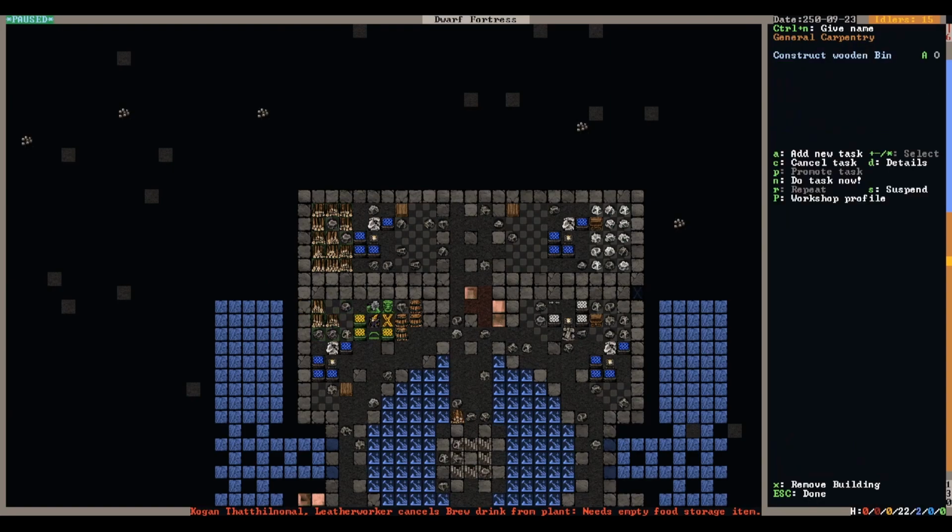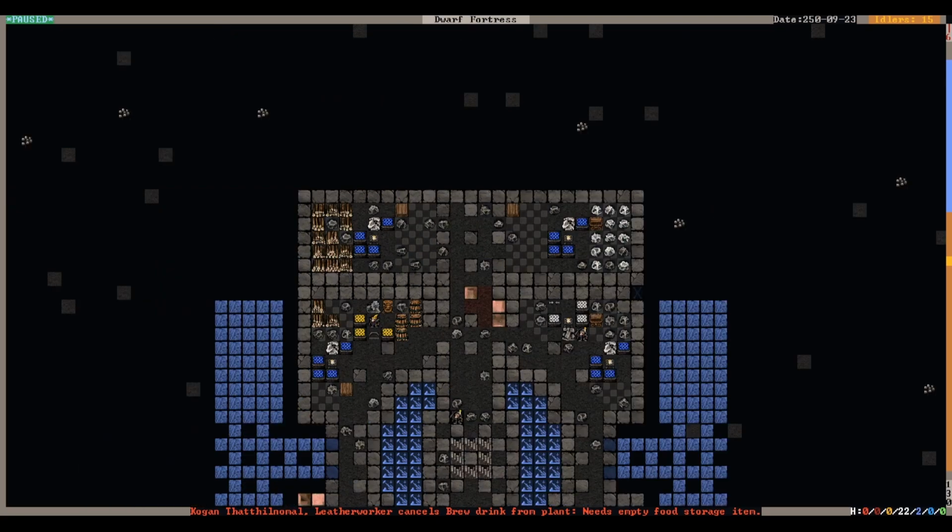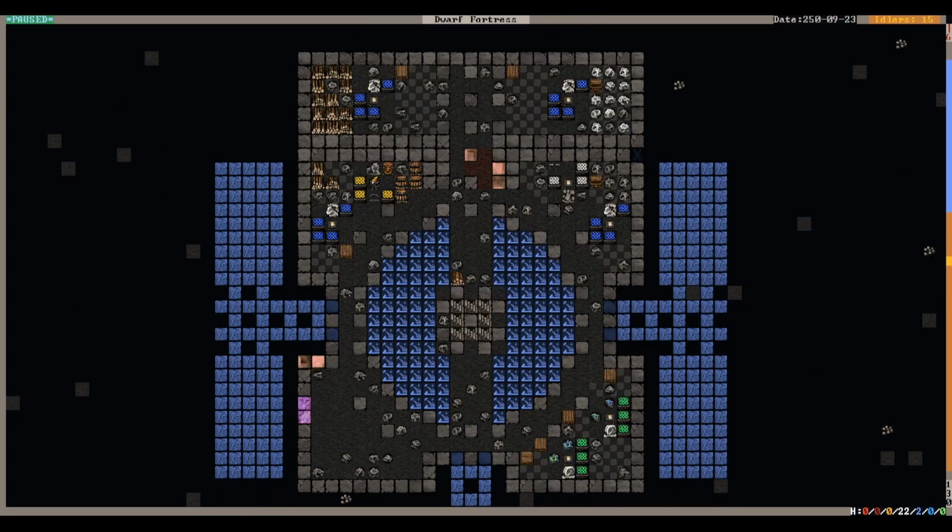How are we doing for barrel production? We are making barrels. There are barrels. Oh, you know what? We need to say that these barrels go upstairs. My biggest problem right now with all these industries is that I do not yet have